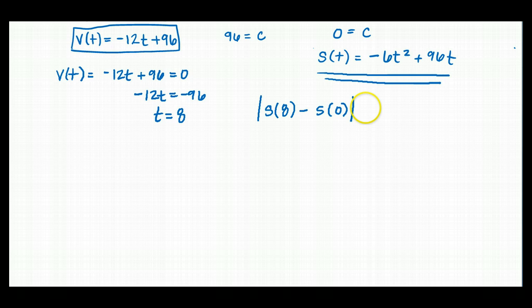Algebraically, the answer is the absolute value of negative 6 times 8 squared plus 96 times 8 minus, if I plug in 0 for each of these t's, I'll get out 0. This is a lot of algebra, and it turns out to be